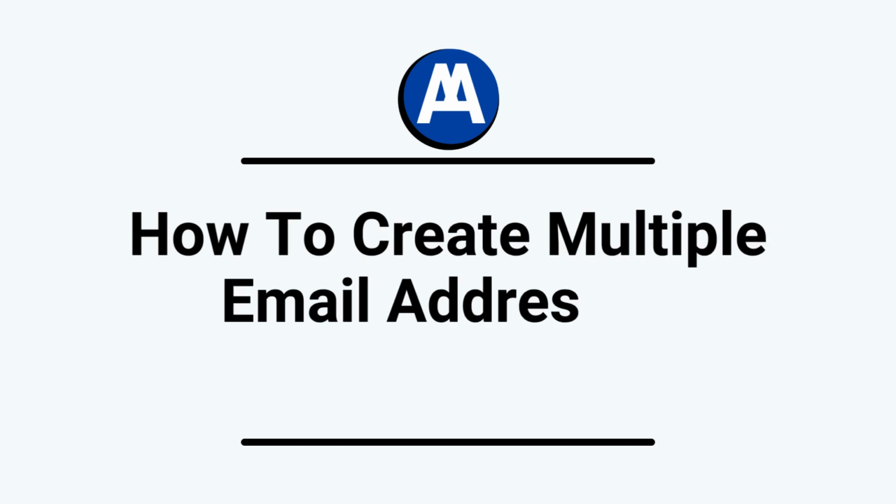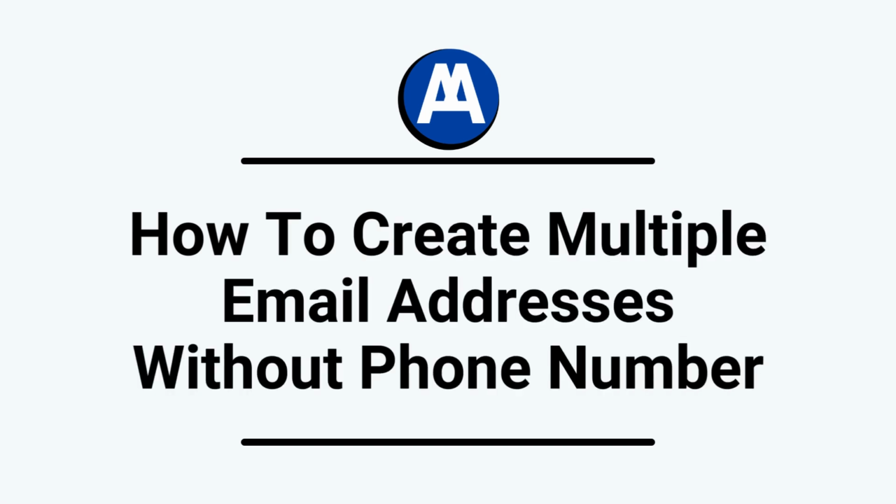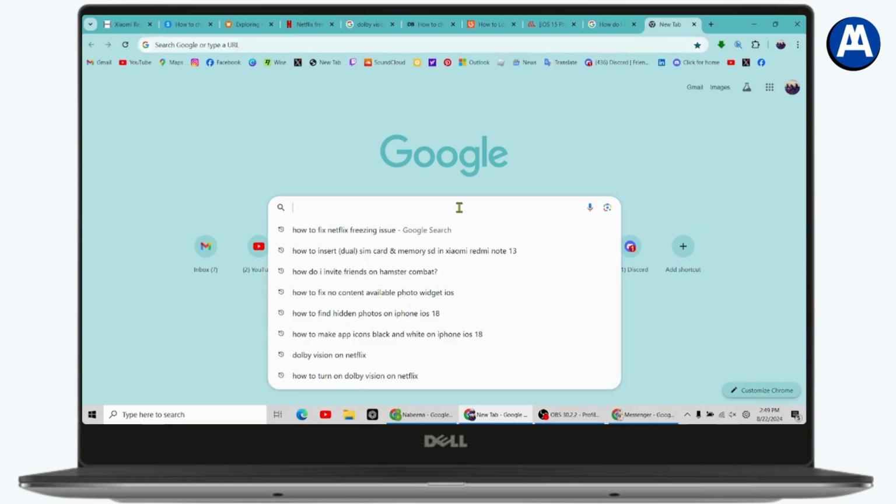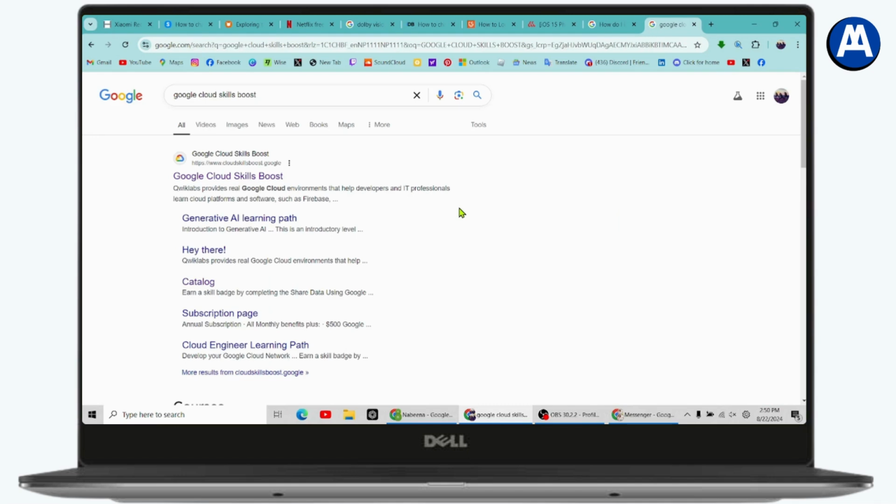How to create multiple email addresses without phone number. So if you want to create multiple email addresses without the phone number, then open up your browser. And once you open up your browser, you need to go with the search and search for Google Cloud Skills Boost. And once you've searched here, you can go with the first option, which is